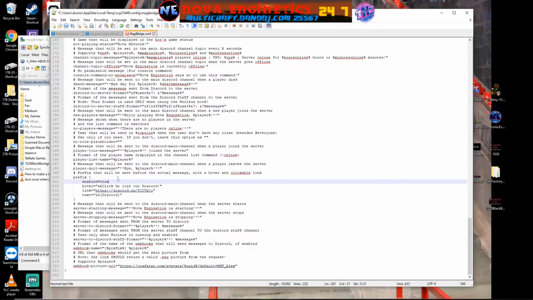One of the big ones is down here, the prefix for when you're texting from Discord and it goes into the Minecraft server. You can make it to where when they click that prefix that says Discord, it'll take them to your Discord so that they could join it. That's another way of getting new players that just joined your server but didn't join the Discord. Right here you can enable it to be true, and when they hover over it, it'll say click to join our Discord, and then you have to make sure you put your link to your